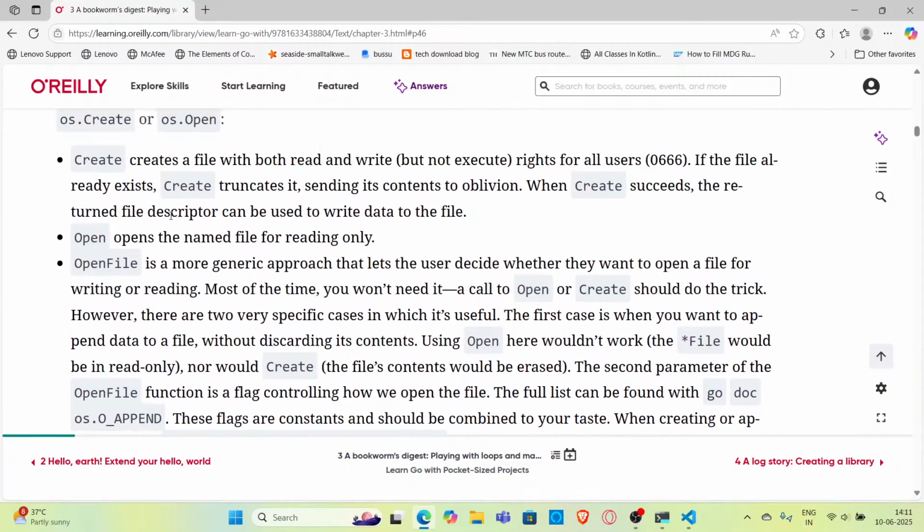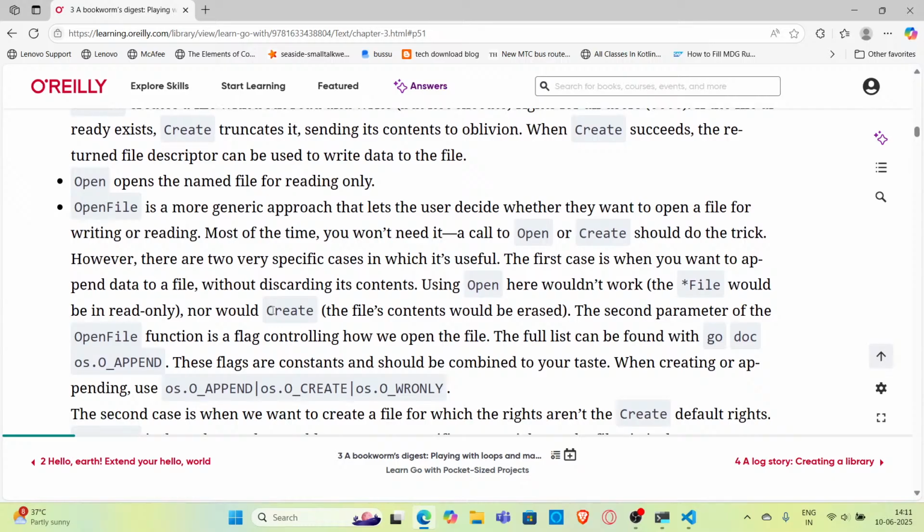OpenFile, we saw there are many options. We can give whether you are opening the file in write mode or read mode. So mostly if you want to read only, it is Open. For an existing file you just want to read, use Open; for a new file, you use Create. If you use Create, it's deleting everything. Instead of that, if you want to append data, then you use this